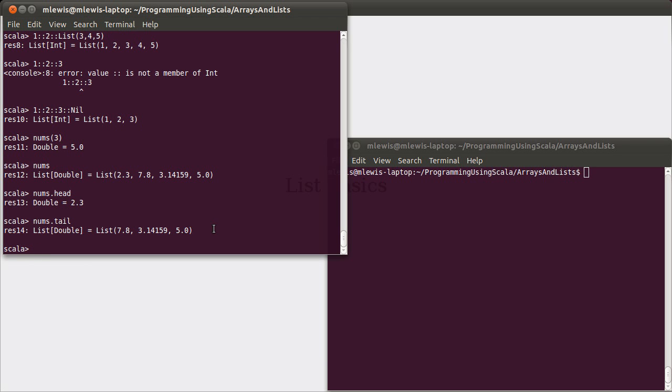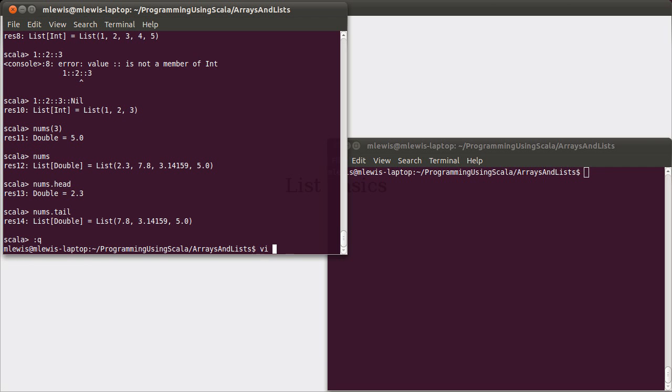These are efficient operations on a list, and we can use them to write functions that run through lists and do things with them. So to illustrate this, we'll switch over